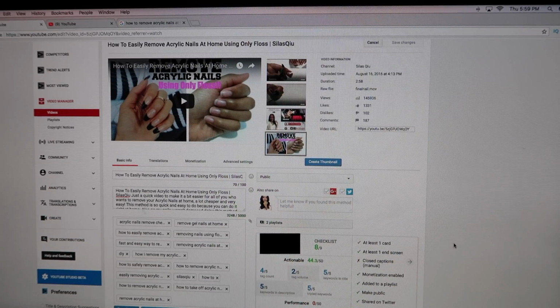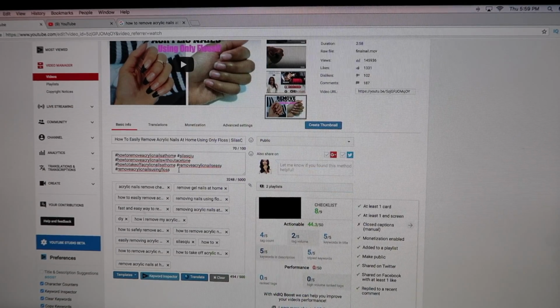Another way to get your videos seen and for people to find your videos is you're allowed to use hashtags in your description box. So basically, actual hashtags, which could just mean taking these keywords and putting the little hashtag sign in front, and there you have your hashtag so people can find your video. Since you're allowed to use 15, I actually use only 10. Here are some of the hashtags that I use. Since my hashtags are so long, I only use this amount sometimes. If it's short hashtags, then I'll use 10.